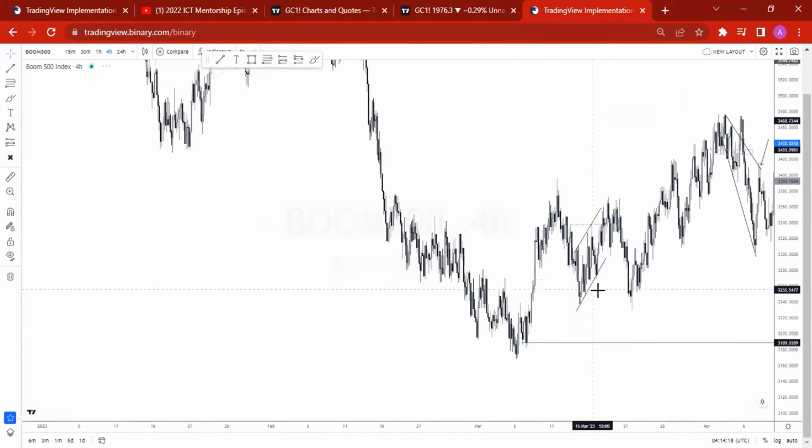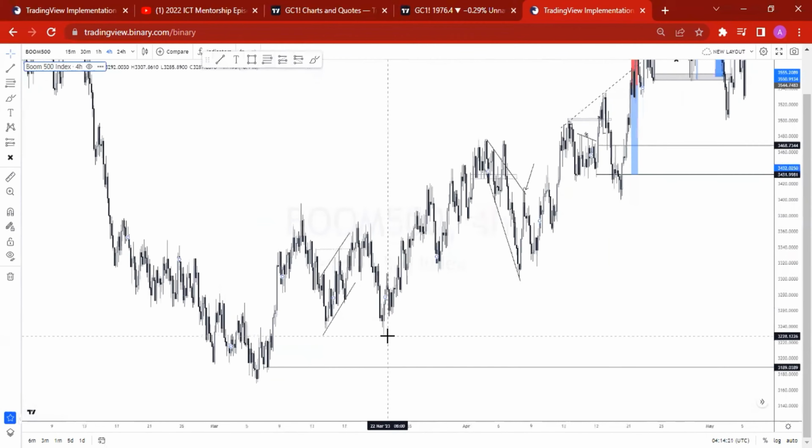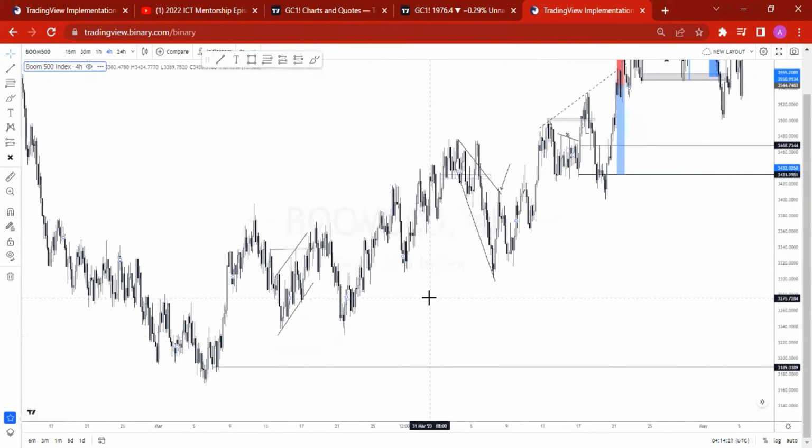This is the H4 time frame, which I most of the time use for my analysis. I use the H4 and H1 most of the time for analysis, and then I use the H1 and M30 for my entries, when I want to use basic retail price action. But when I want to use ICT, I go down to the 15 minutes, where I'm looking for structural breaks and things like that. But for this present setup on the screen, I'm going to be using